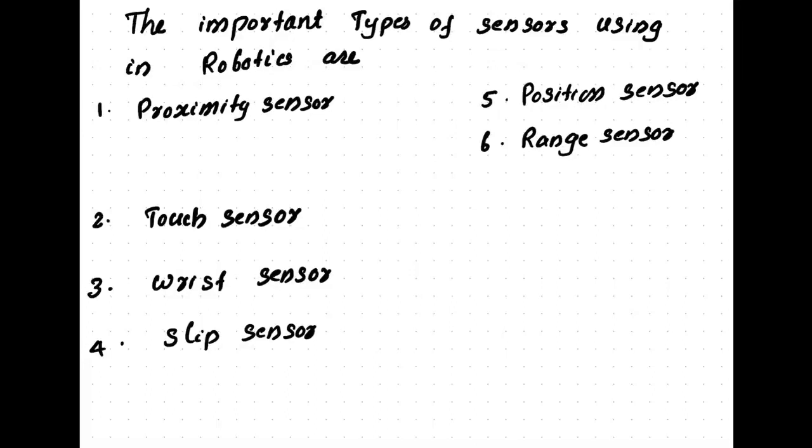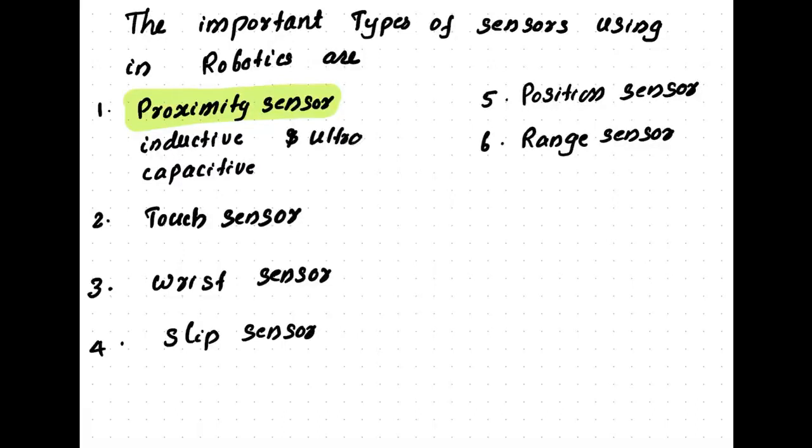And the fifth one is position sensor. Sixth one is range sensor. So in this class we are mainly concentrating on proximity sensor, and in the coming classes we will discuss all other types of sensors. The three main important types of proximity sensors are